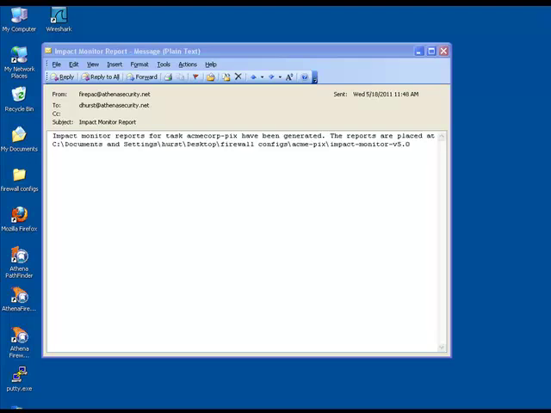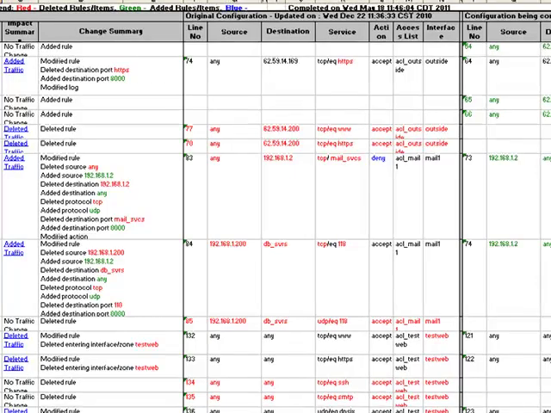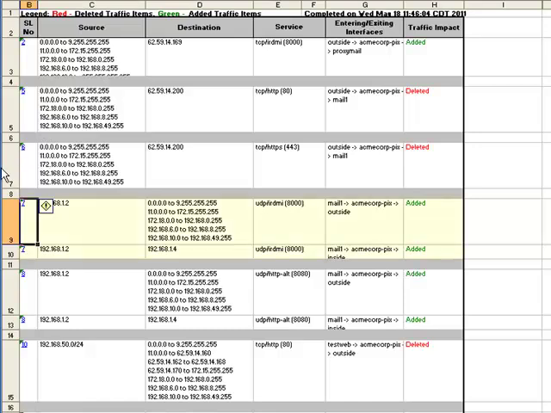Later, I received a notification that the Impact Monitor had detected a change. Now, I'll review the generated reports. In the Rule Object Differences report, we see the rules and objects that were affected by the changes in the configuration. A change summary for each rule is indicated here on the left. The actual changes in each rule are highlighted in red. If I click on the link in the Impact Summary column, we see the differences in traffic flow associated with